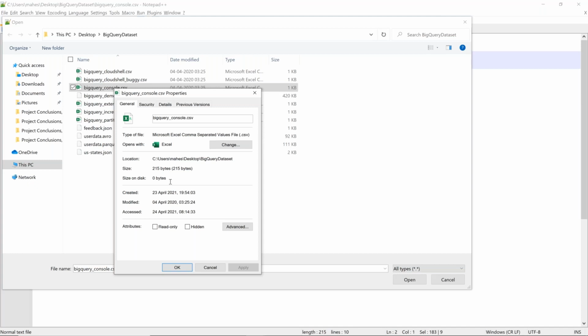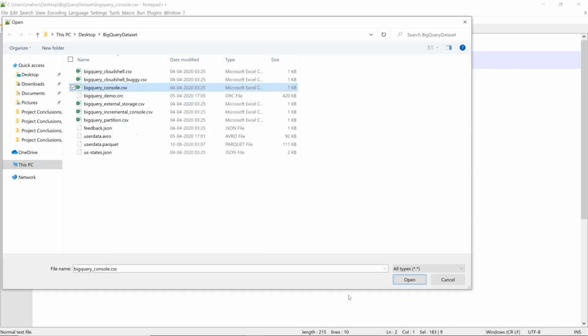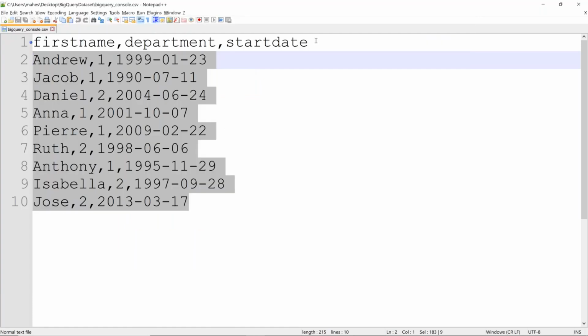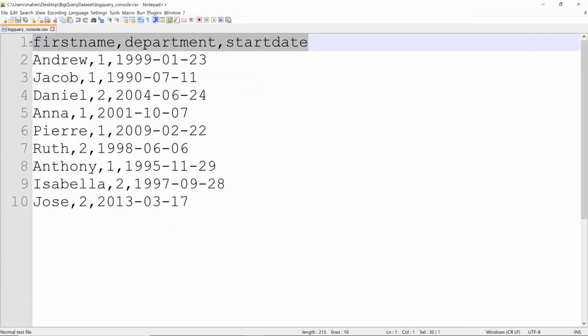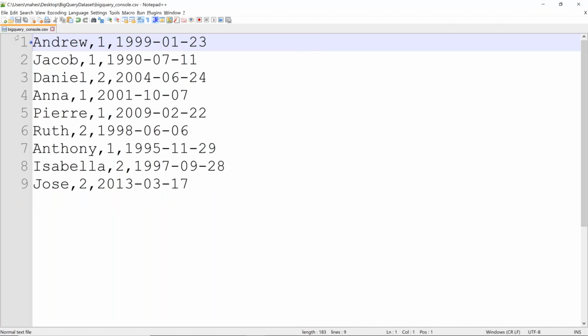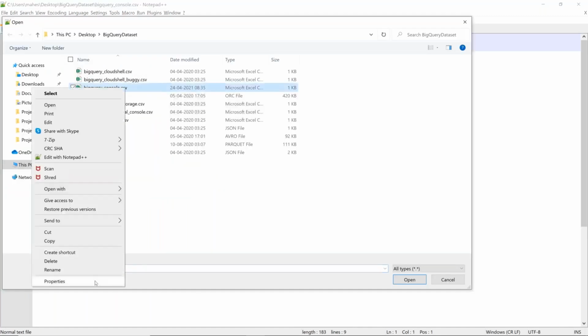Yes, so that's correct, Kumar. So basically what it did was the first row was skipped. So that 3 bytes was taken off basically. So if you just remove this, save it, now look into the size, it should be